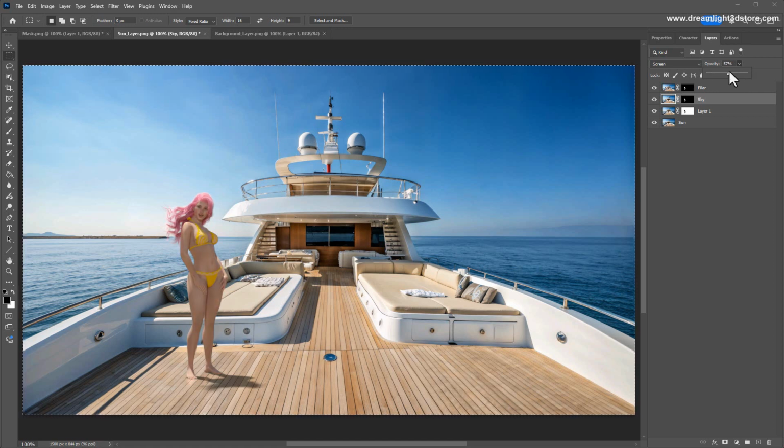Now we have full control over exactly how the sky hits her. We can decide here when it looks good. We can decide how hard that filler hits her. Perfect. And guys, just finally, when you have layers, something really cool you can do is click on, for instance, the sun layer,